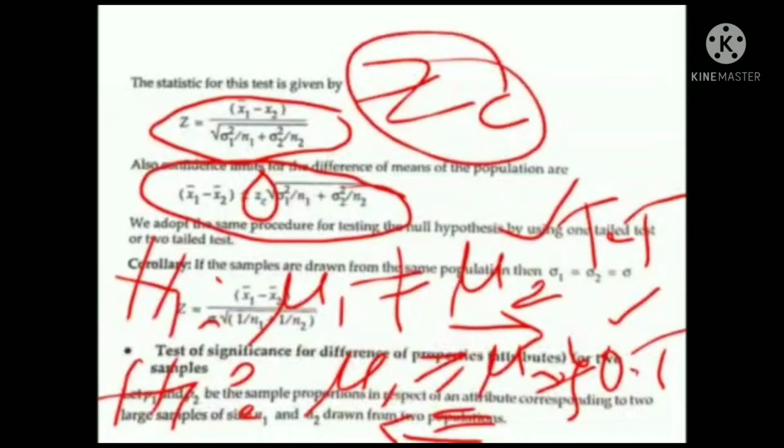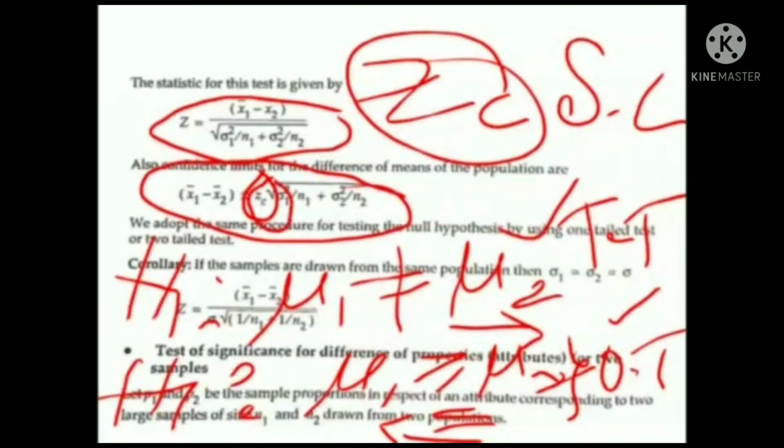One more criterion comes into the picture. What is that? Significance levels. Either we go with 0.05 or 0.01, that is 5% or 1% significance levels, for a one-tailed or two-tailed test. Depending on that, our ZC values will differ, and I have given you these values in a table in my introduction video, so just check that out. We will pick the values from that table and substitute them for ZC in the confidence limits.